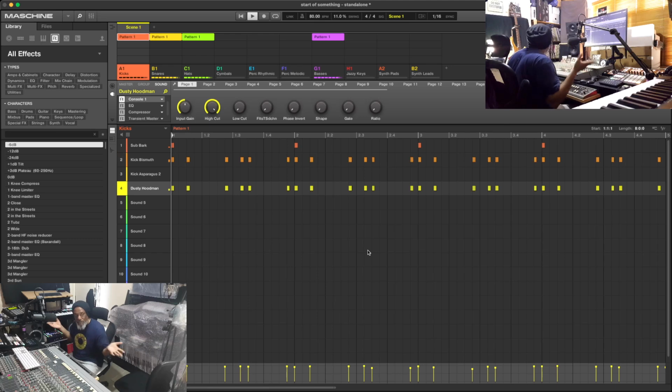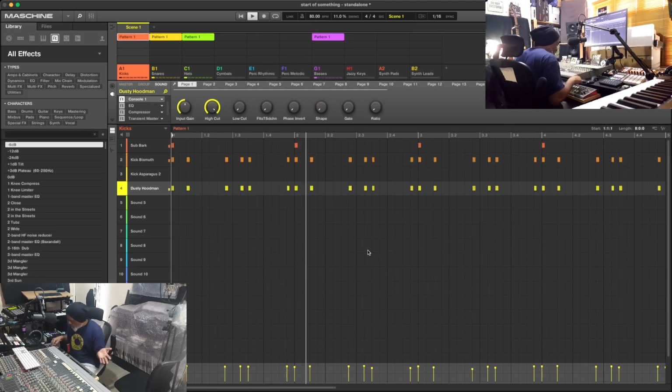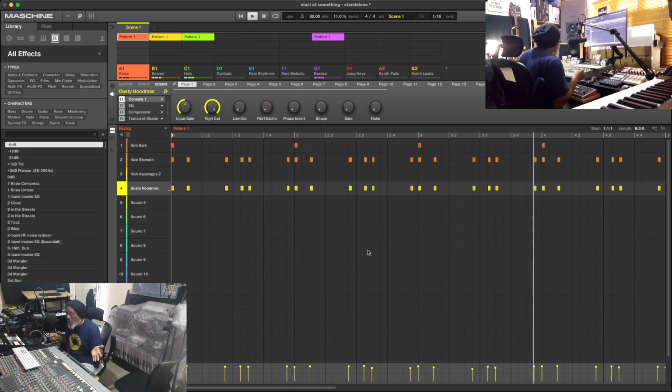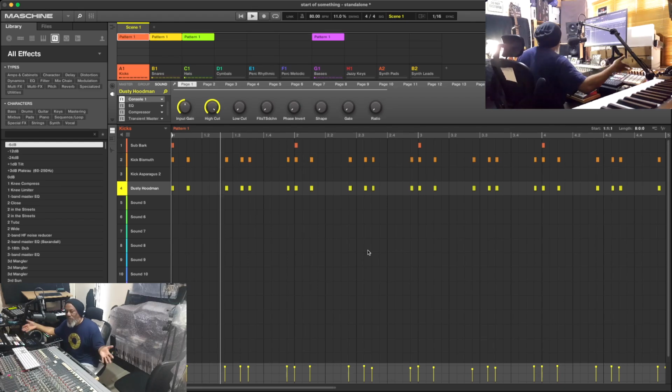So now I can solo and mute things without having to, I mean, there's solo and mute on the Maschine controller as well, especially the Studio, which has more dedicated buttons on it than any of the other versions of the hardware.